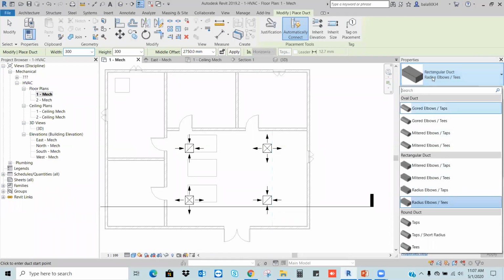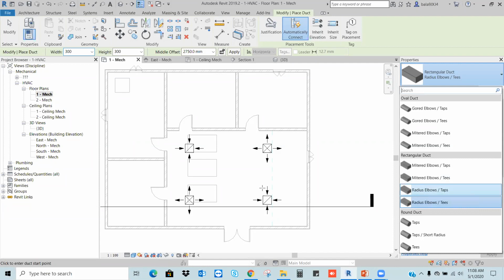Here also we have the oval duct, rectangular duct, and round duct. Now I want to use my rectangular duct. In the rectangular duct also I have different kinds of ducts. Let's say miter elbow tap, miter elbow T, radius elbow tap, and radius elbow T. Now I want to use the radius elbow tap.